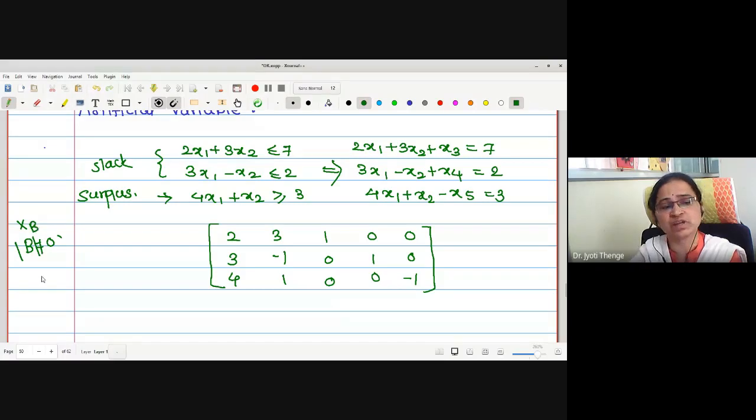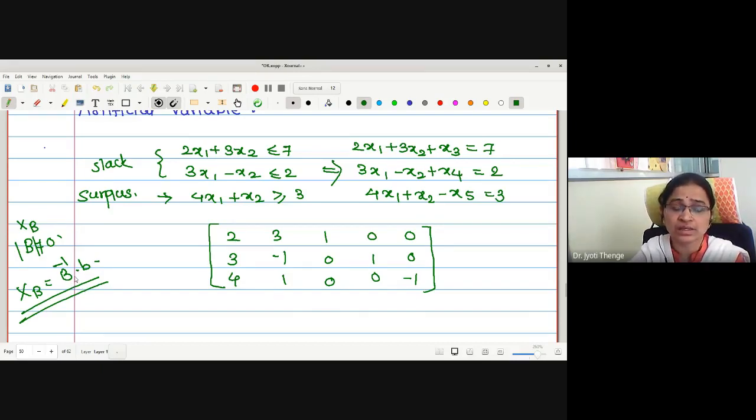Therefore, the corresponding basic variables we are going to denote by xb, and the value of xb can be found as xb is equal to B inverse b. As this relation we want to use, xb is equal to B inverse b. Therefore, as the inverse of the submatrix is involved, we purposefully take B to be the identity matrix. But if we take B other than the identity matrix, we have to find the corresponding inverse first, and then we will be able to get the initial basic feasible solution.